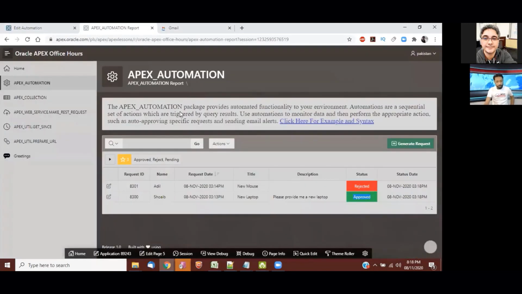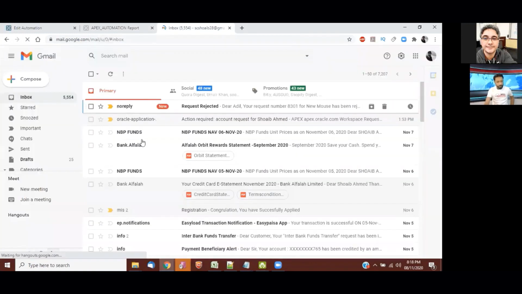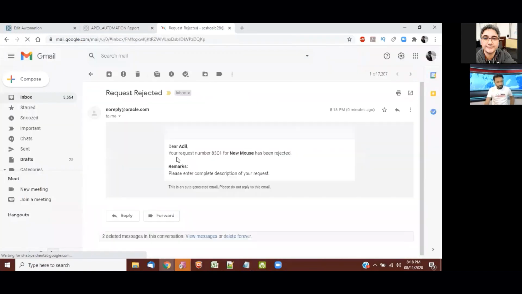I will also tell you how you can execute this process or this API, and how you can call this API from the database, from the application, or from anywhere else you want. On the second request, I've got: dear Adil, your request number for new mouse has been rejected. Remarks: please enter the complete description of your request.